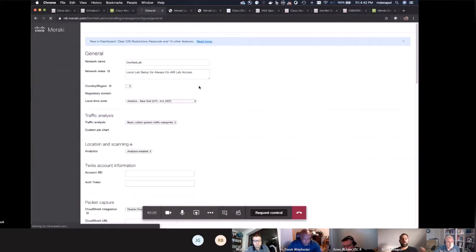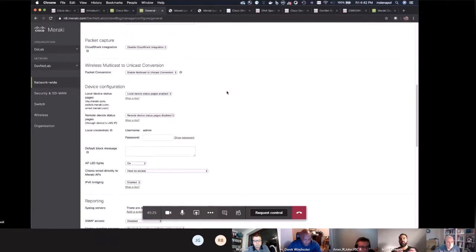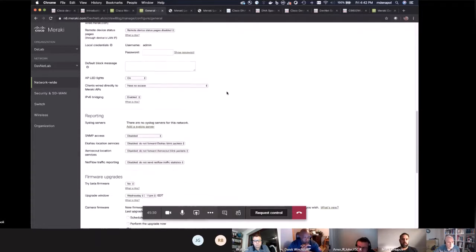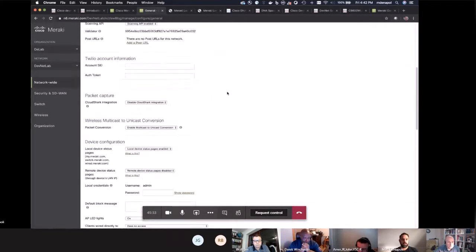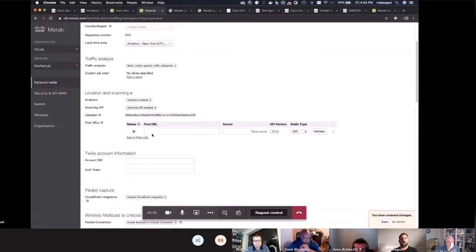Now, all of these things that I'm showing are provided through DevNet as far as tutorials on how to complete these things. This particular network has location scanning enabled. And if I wanted to add one of those services URLs, this is where the developer piece comes into play. So I have Meraki working in the cloud. Like I said, it's a fully managed cloud service. If I wanted to talk to another service that I can control, I'll put in the web location of that